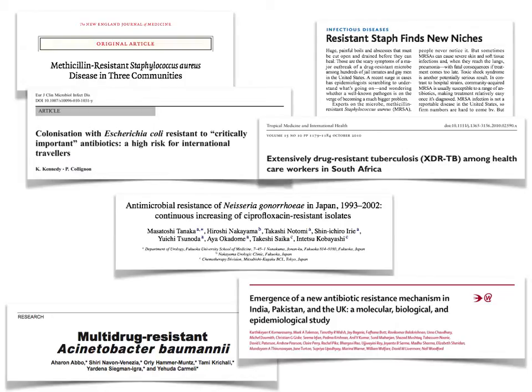So on the top left there you have MRSA, certainly a very common thing now, a community-associated infection as well, which it never really was. You see in the middle there, E. coli resistance. You also see TB. We have TB now that is resistant to every single drug that we have. Basically, it's not common, fortunately, but fairly